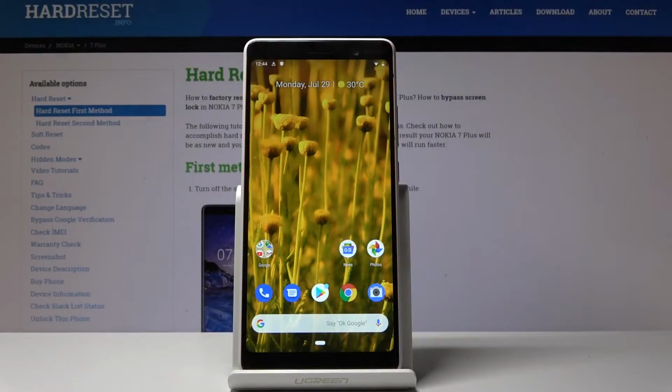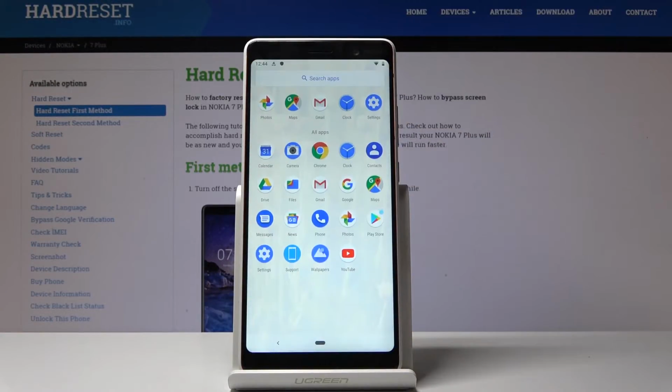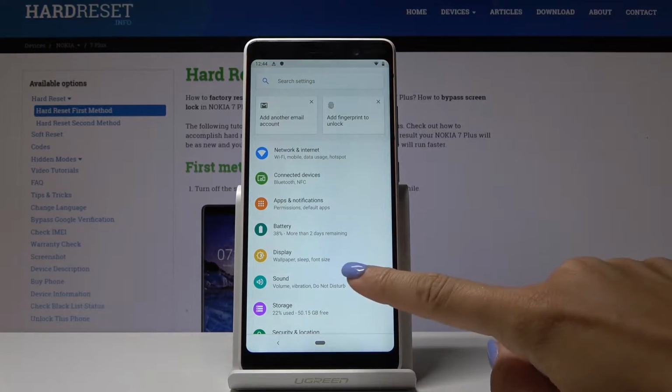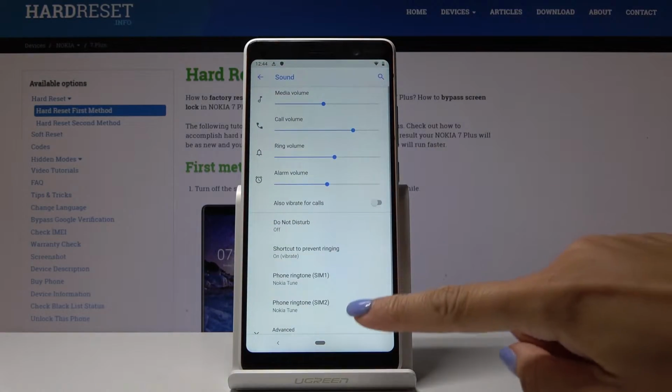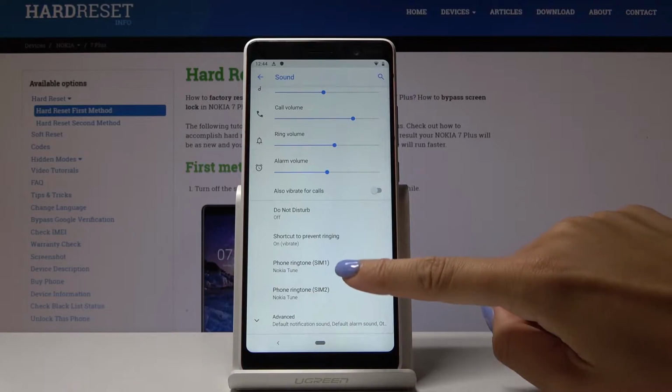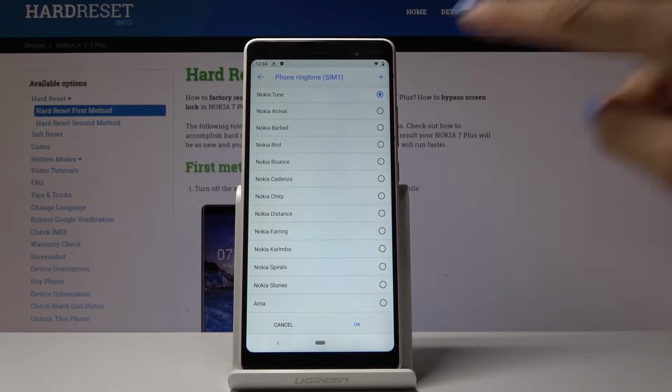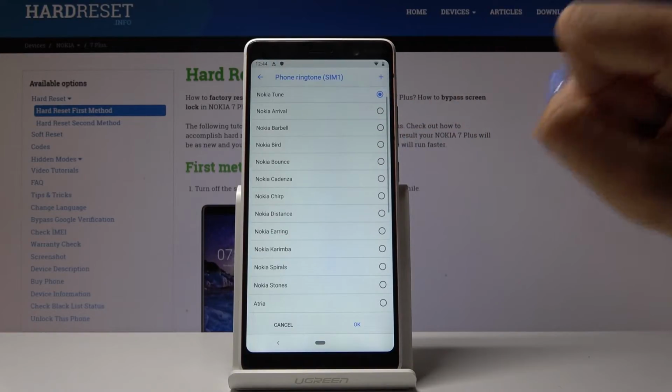Here I've got Nokia 7 Plus, and let me show you all the ringtones available on your device. So at first let's open list of all applications, then find and pick the settings. Here you should go to the sound, and now scroll down a bit and pick phone ringtone. It can be for SIM 1. And now, as you can see, you've got obviously the NOKIA Tune, standard one,